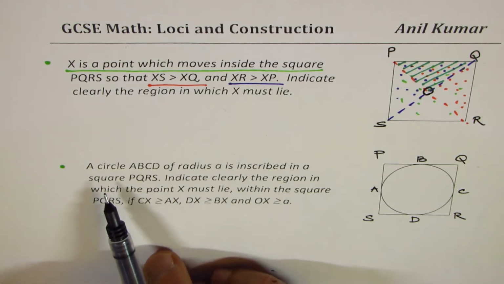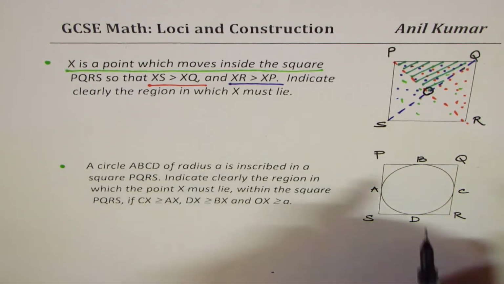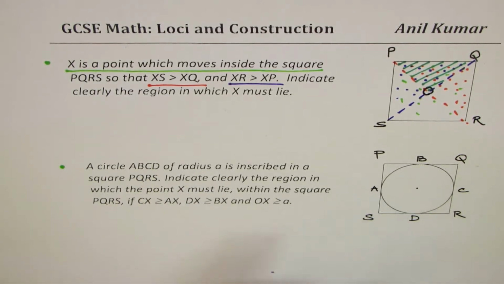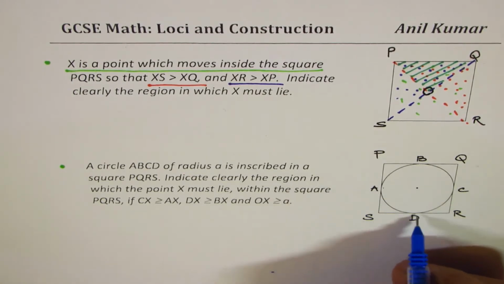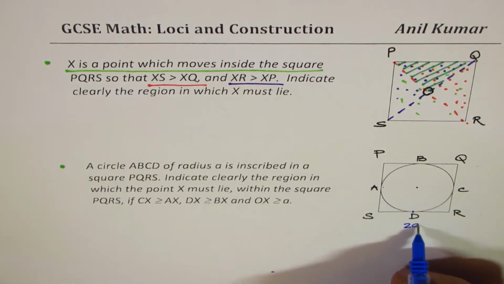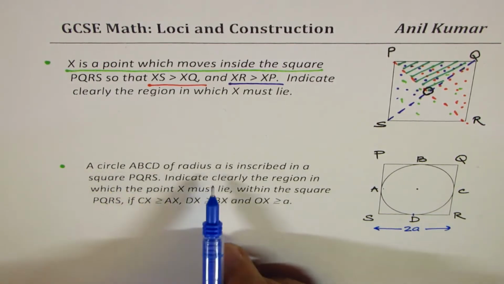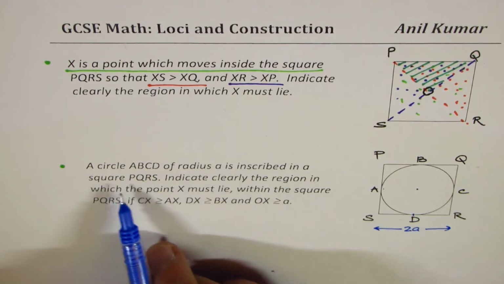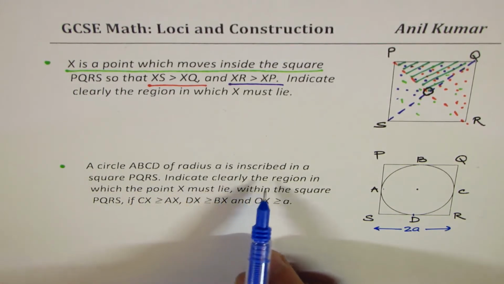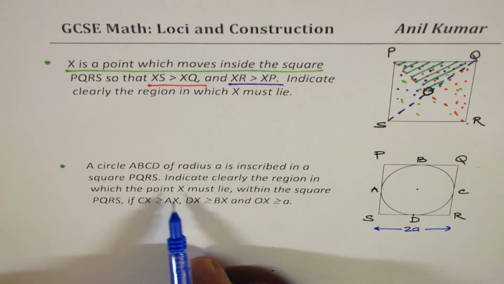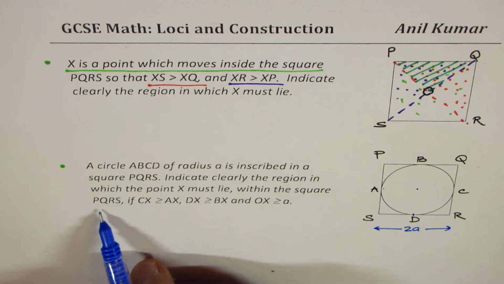The second question here is: a circle ABCD of radius A. Basically, we have this circle whose radius is A, so the side length of the square is 2A. It is inscribed in a square PQRS. Indicate clearly the region in which the point X must lie within the square PQRS if